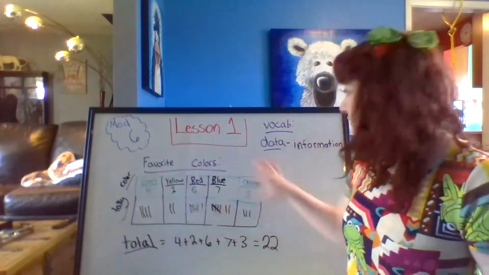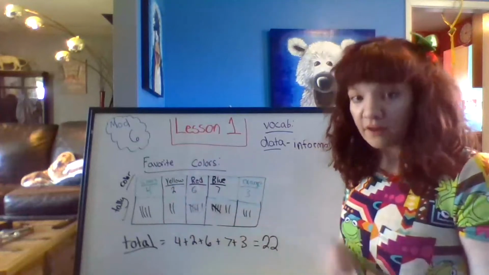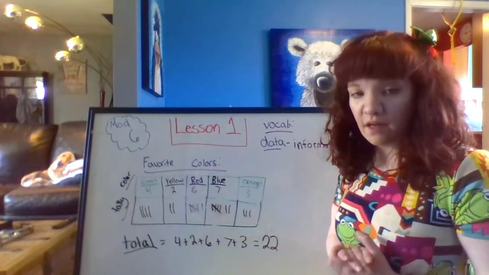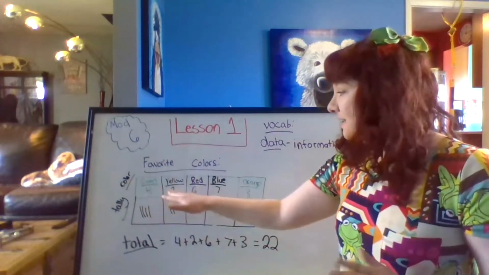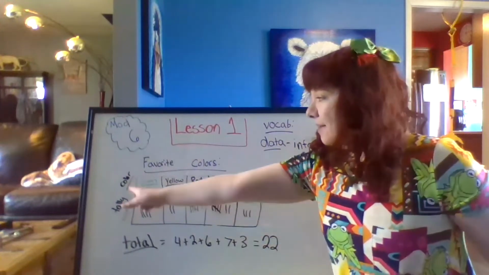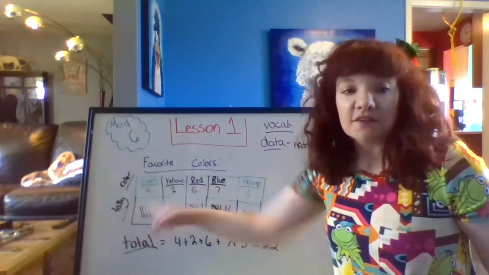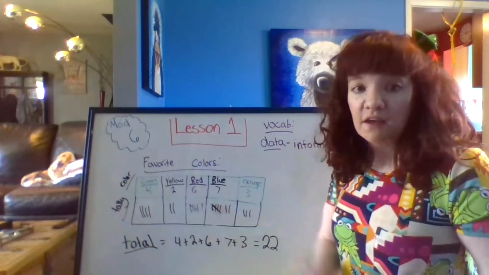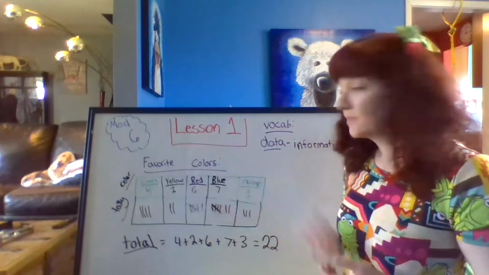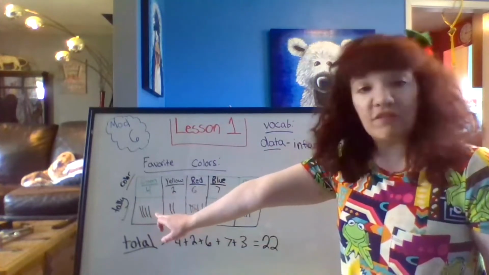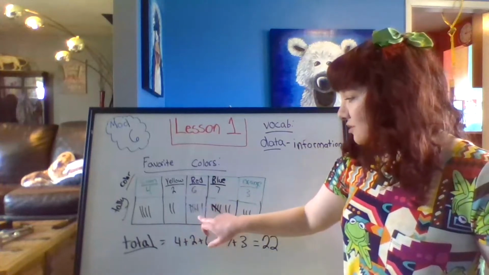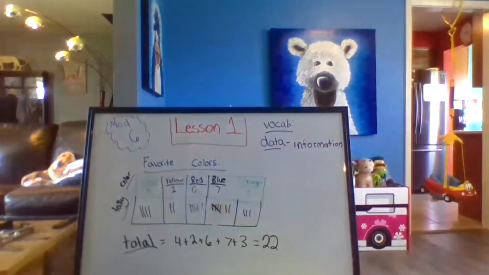So here I have a chart where I am recording all my information. So the colors we chose for the graph are green, yellow, red, blue, and orange. So what I did was I labeled this color and the tally. So a tally is basically just taking a marker or a crayon or a pencil and making slashes. So here for green there was 4 slashes, there's 2 slashes, 6 slashes, and this looks a little bit different